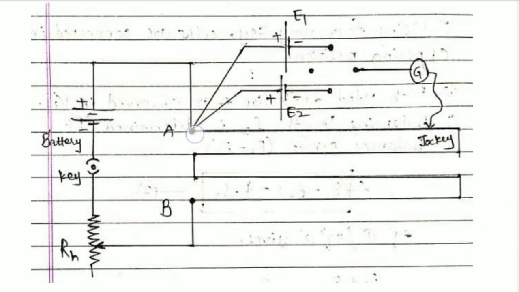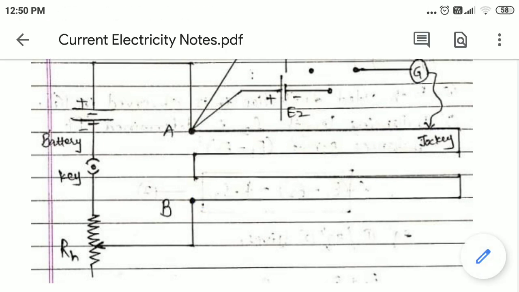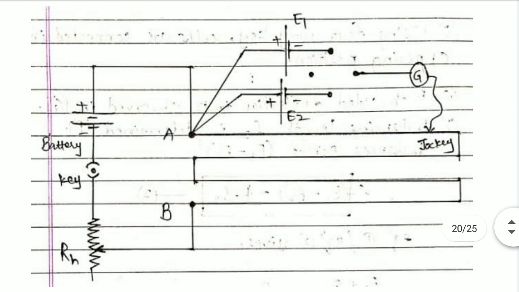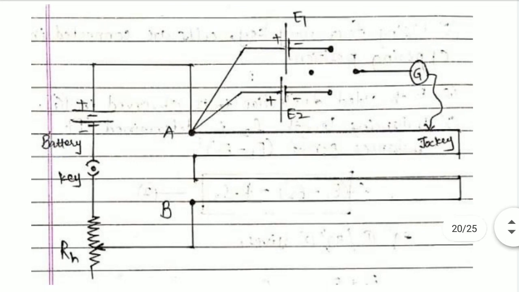that is point A here, point B is here, and A and B are connected to a battery, key and a rheostat. This is called the primary circuit of potentiometer, and it is very essential for every potentiometer to function, because this battery gives the constant current flowing through potentiometer wire AB, without which the potentiometer cannot function. So this is a must circuit for all of us.